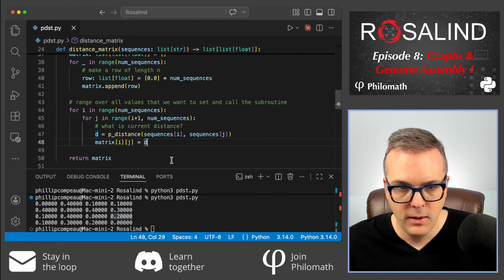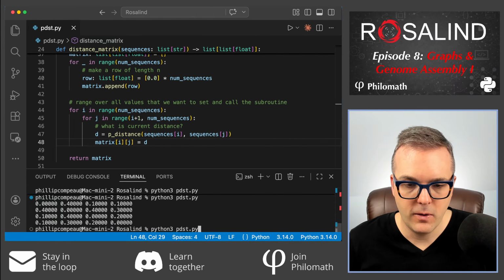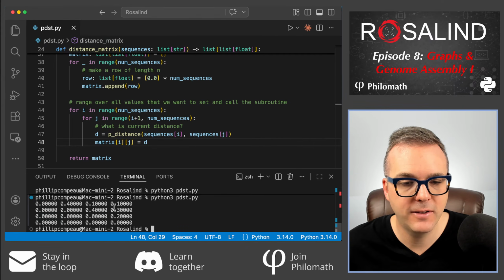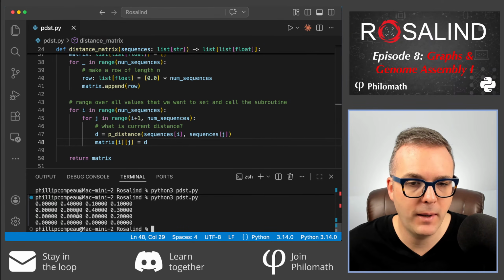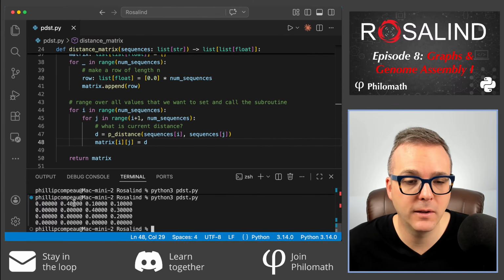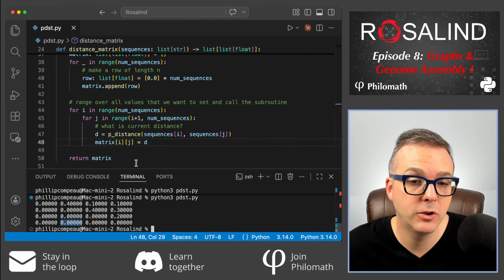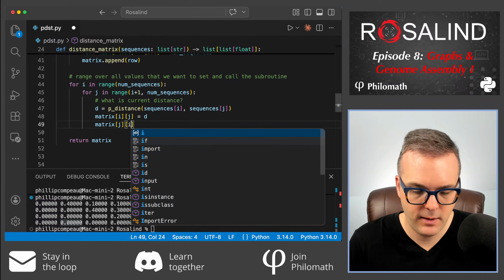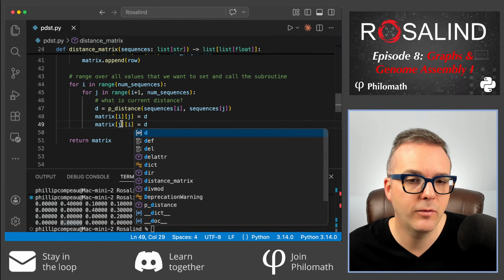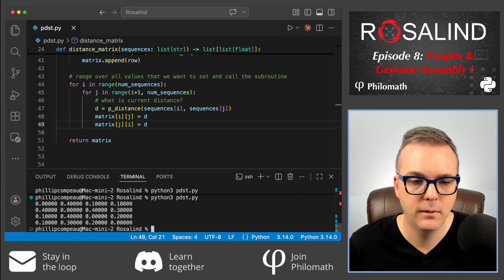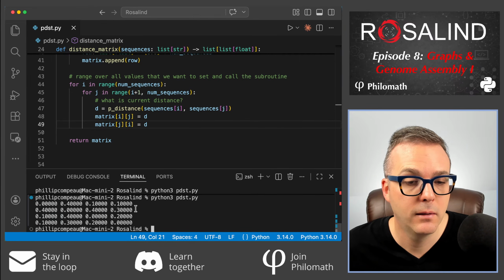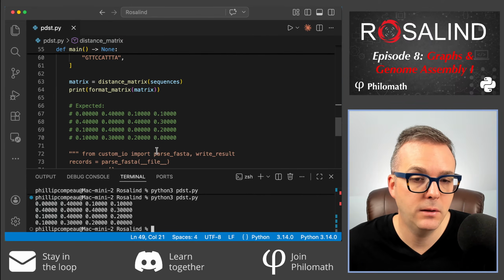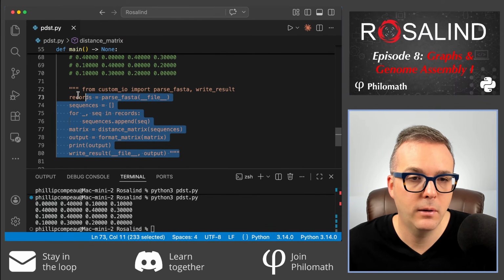Now, if I run this, I want to be very careful, because what will happen is I've set the upper right part of the matrix for my test, but I didn't get the bottom left part of the matrix. But here's where the symmetry is helpful, because if I know this value, I get this value for free. If I know ij, I get ji for free. So I'm going to set matrix of ji equal to d. That makes my algorithm about twice as fast because I only compute d once. And now I get my correct answer, which means I should be ready to uncomment my parsing code,